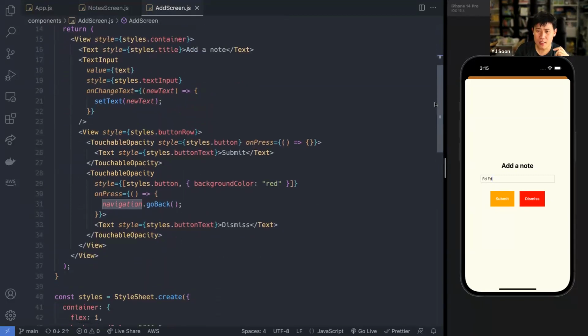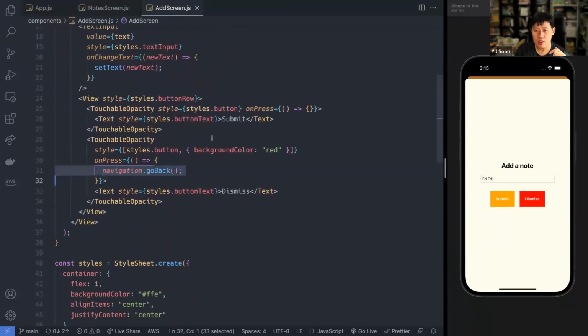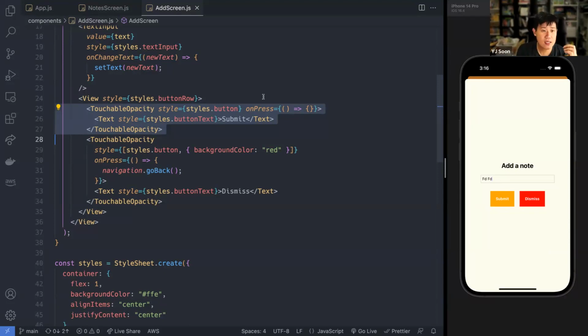Now it's a bit different. Now when you are saying navigation.navigate, this guy over here, when you press submit, you are not creating a new node screen. You are going back to the node screen. Then how? The answer is useEffect. Inside node screen, we're going to use useEffect to check against any change in the route.params. If there is a change, then we update our list.